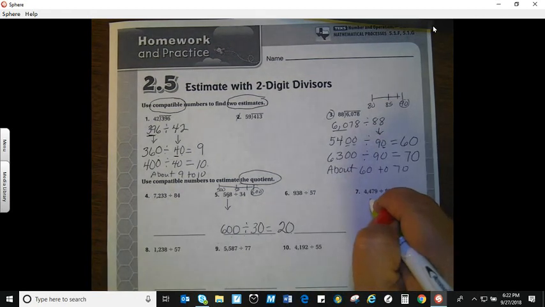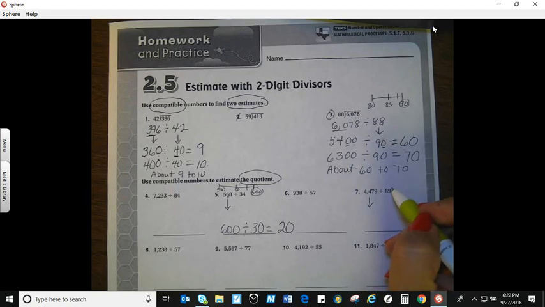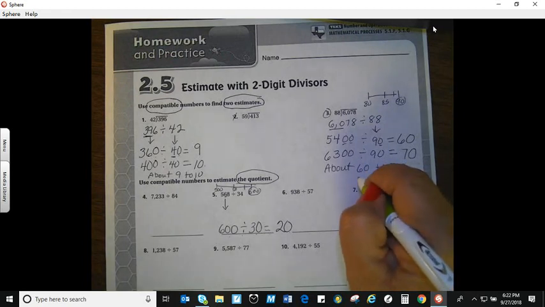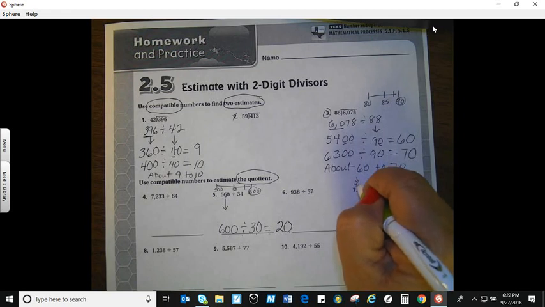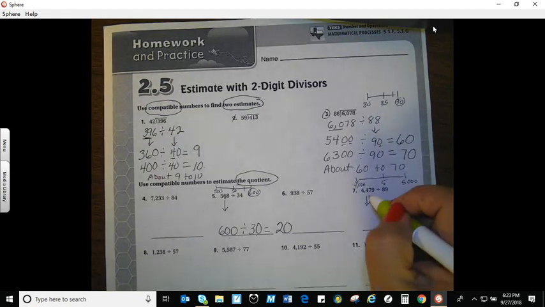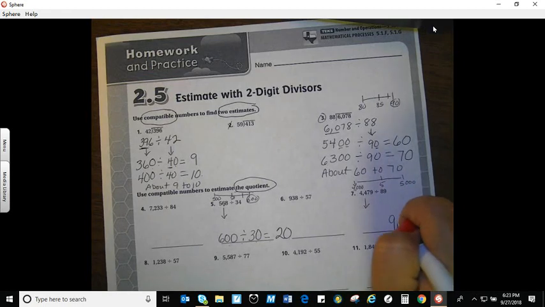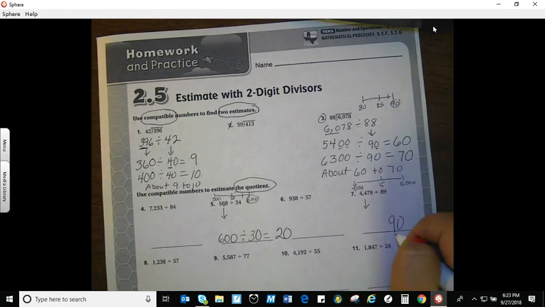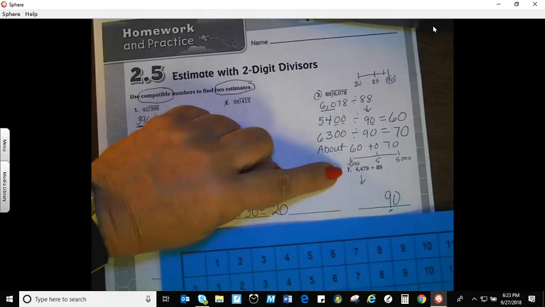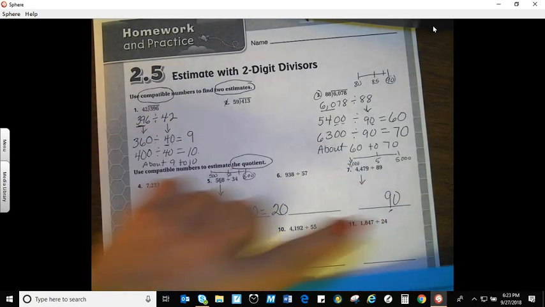All right, now let's do this one. 4,479. That's going to be closest to, so if I have 4,000 to 5,000, and we're looking at the compatible numbers. So here, if you said that it was 5,000, my 89 is going to be closest to my 90. So now I have to look at some numbers for my 9. I'm looking at my basic factors. So I'm coming over to my 9. Which one of these, because if you say that this is going to be closest to the 5,000, is 9,